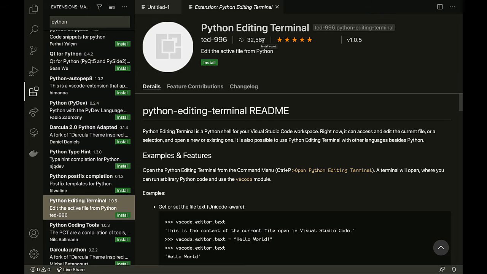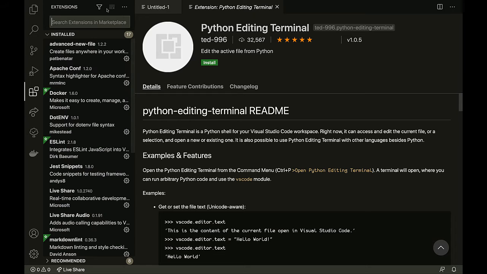And the number of people who've downloaded it is an indication of how useful it is, how well coded it is. Sometimes, and these are community contributed, so some of them are actually not super well coded, and you have to be careful about the ways that you adopt them, right? So I'm going to click this button up here to clear the search box and go back to the ones